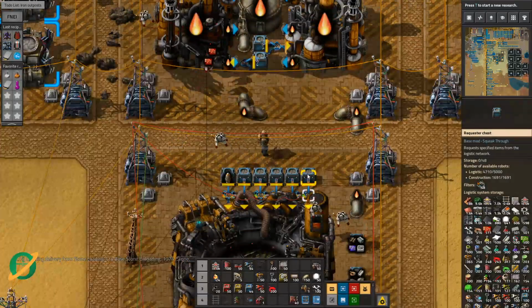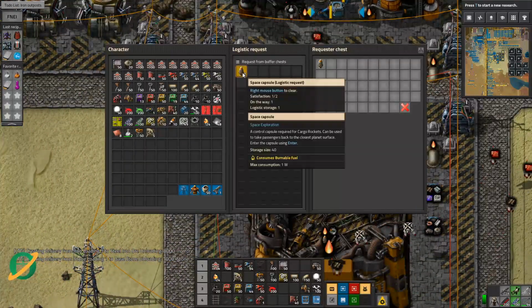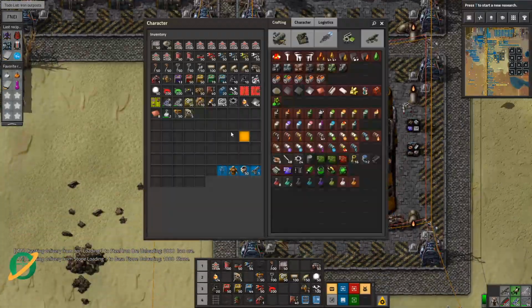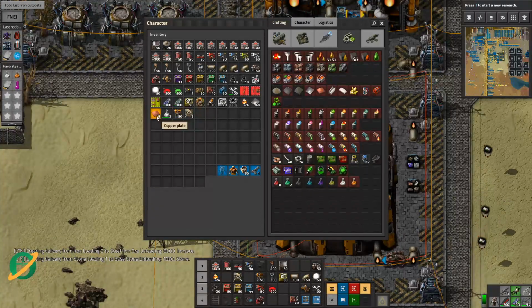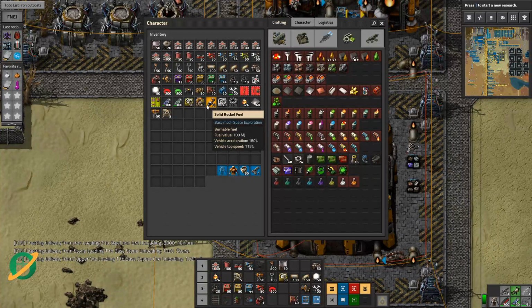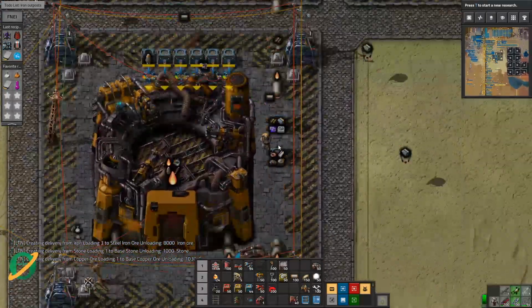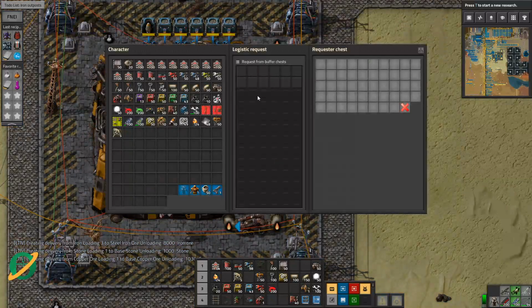And now we're going to have a bunch more requests for cargo rocket parts, but that's okay. Space capsules as well. Do we have a space capsule on us? No, I ditched it. Apparently we've got some science. I don't want one of those either. All right. But in saying that, actually, we do want